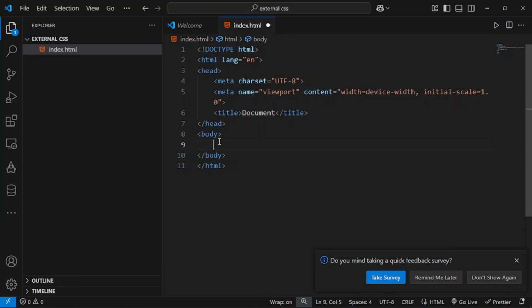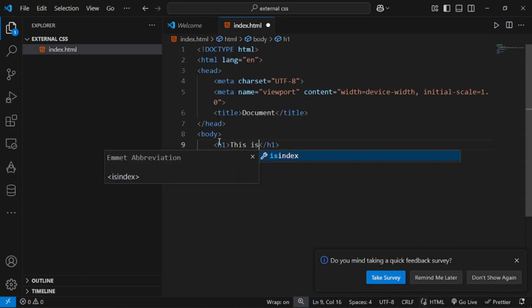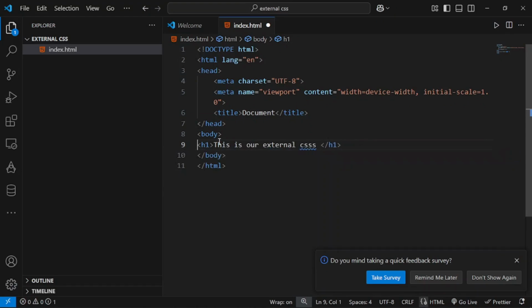And then in this I will begin with an h1 tag. I will say this is our external CSS